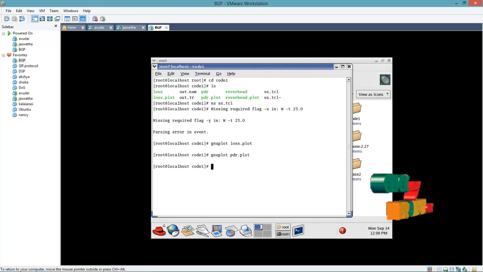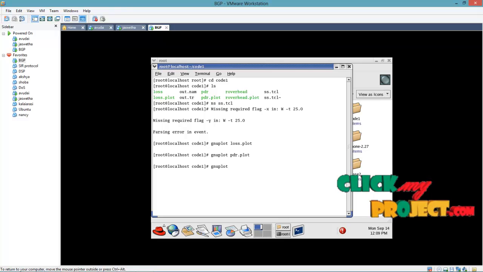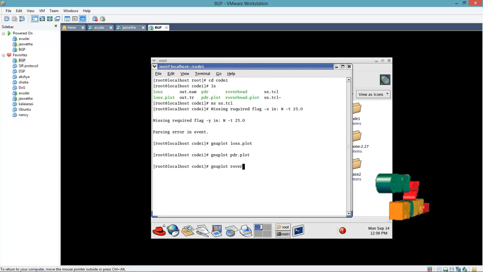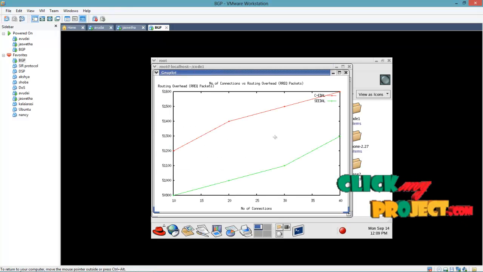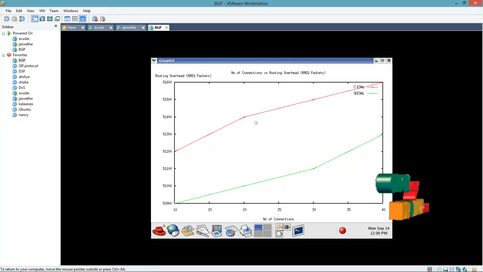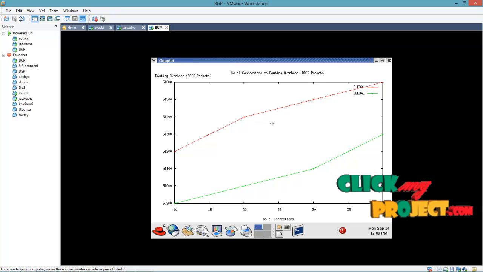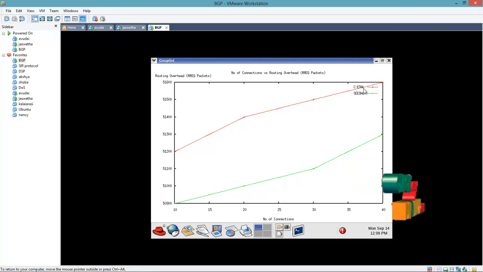Next one is gnuplot routing overhead.plot. Routing overhead means how many packets are forwarded for data transmission between the source and destinations. In that routing, how many packets are overhead in the existing system and the proposed system, and compared to